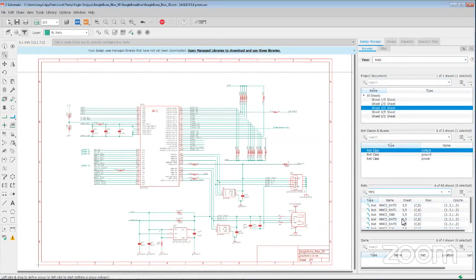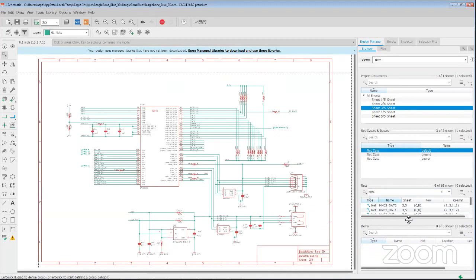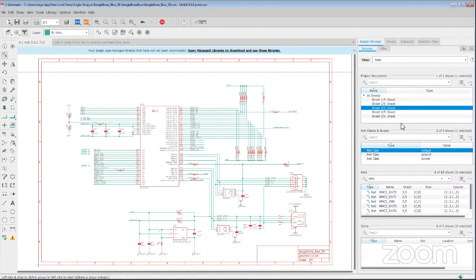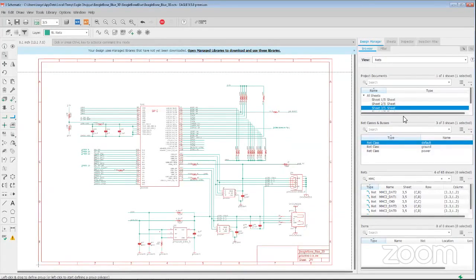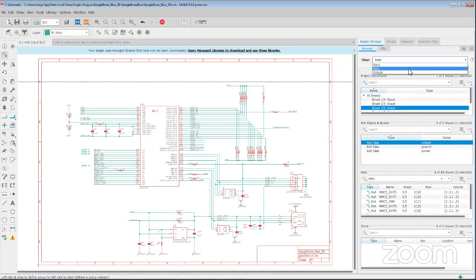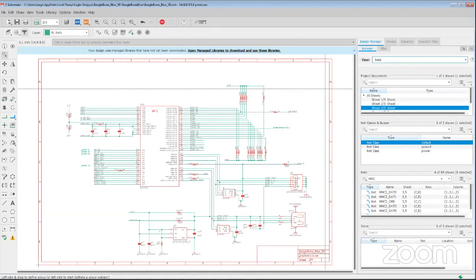You can resize, you can adjust the different parts of the design manager, so be able to display more information. Okay, so as you can see, you can view nets, you can view your parts, and then you can view groups. But we'll be talking about groups in a little bit, so I'm gonna leave that for a little later. So what we want to basically realize is the amount of power that's here, because for example,